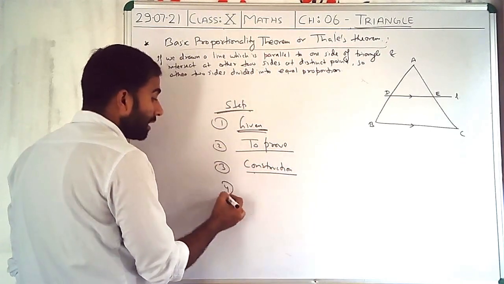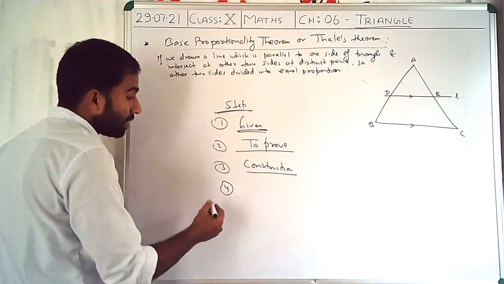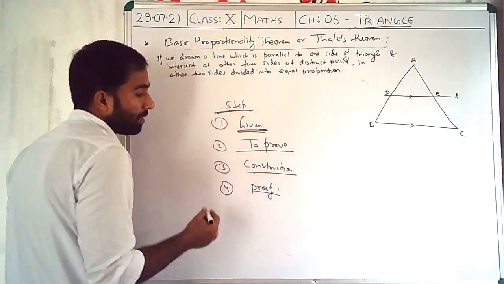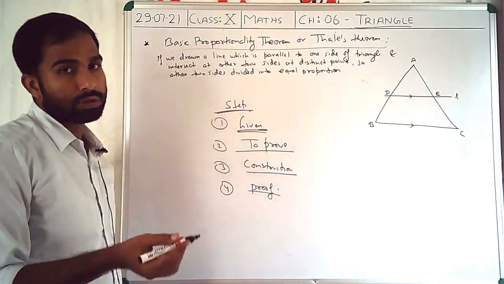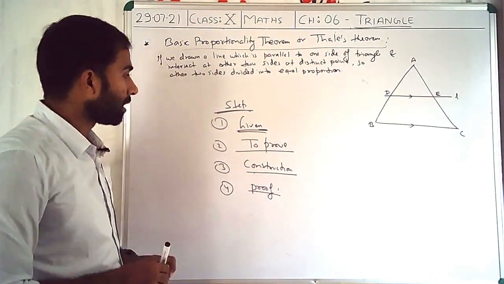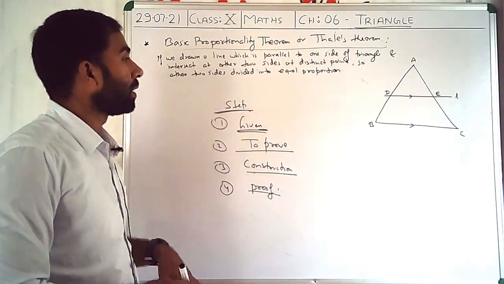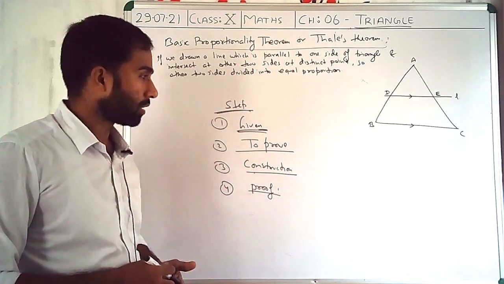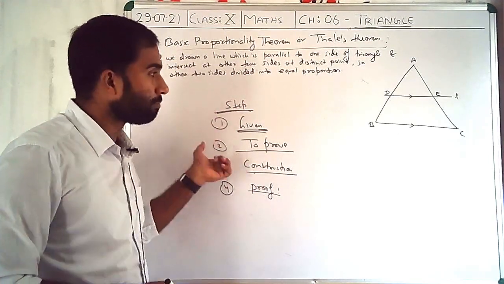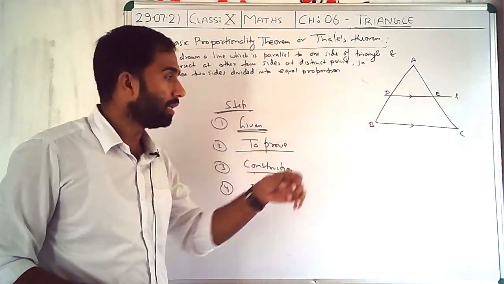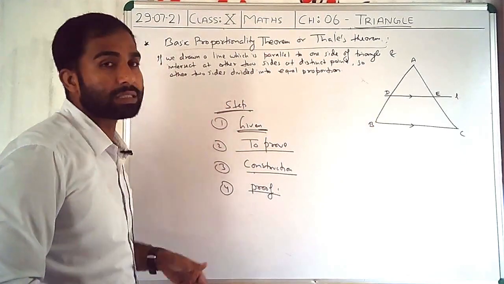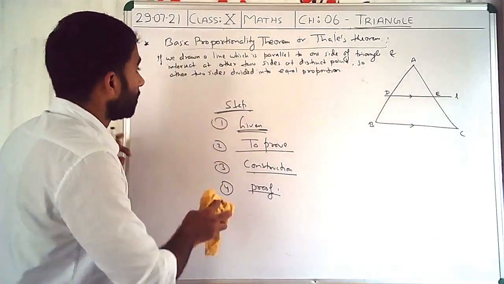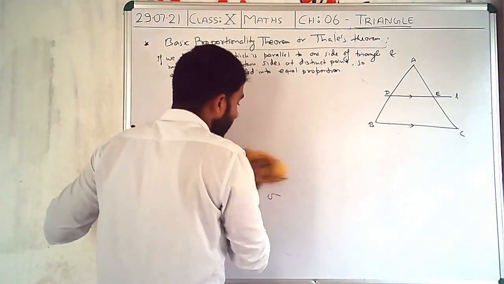After that, in the final point, you will prove the theorem and then conclude your result. Okay, so there are a few steps or parts for proving any theorem or any question. There are 4 or 5 parts. One part is the figure part and 4 parts are written. Okay, now come to the proof of the given theorem.